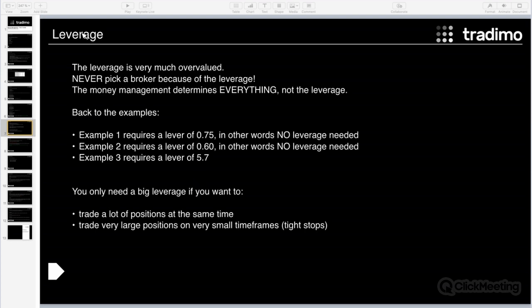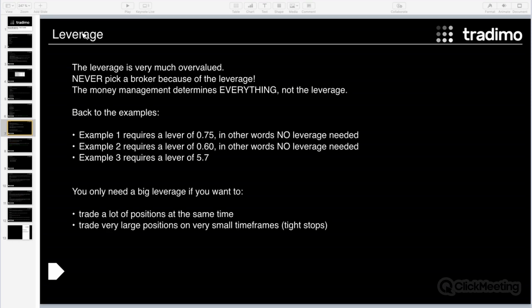So the next myth, I would say, is leverage, because I would say 99% of all beginners and maybe 50% of all traders in the world have a wrong imagination or a wrong expectation about leverage. They misunderstand leverage completely. And most of them say something like, oh, the leverage is so important, I only want a broker with a high leverage. But this is, sorry to say that, bullshit. You don't need a broker with a high leverage.